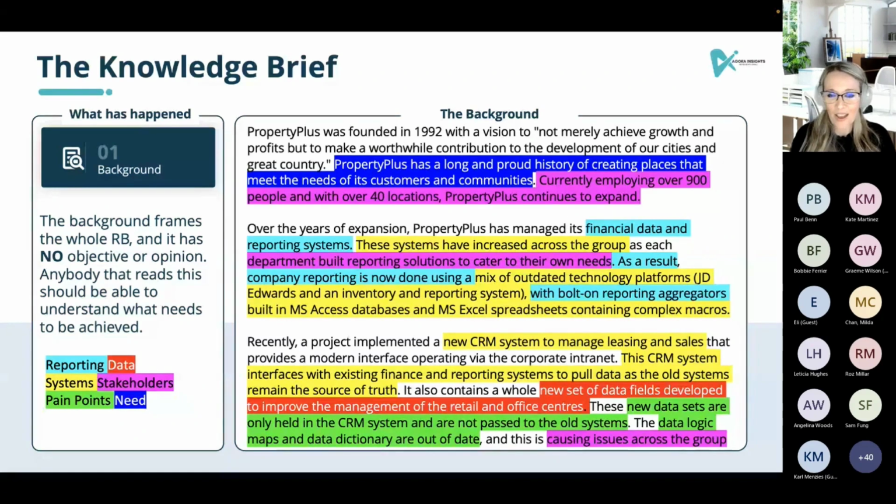Basically, if we said, okay, what are the needs? We highlighted them. And we said, what are the systems they're working with? We highlighted them. And what are the reporting issues? Highlighted. So this is a simple way, and there are some really nice research tools out there. I had people ask me after the last session, so Paul, I'll probably send you a link so that you can have a look at that. But we want to be able to break down the information.